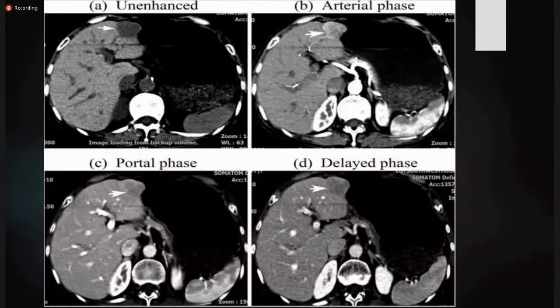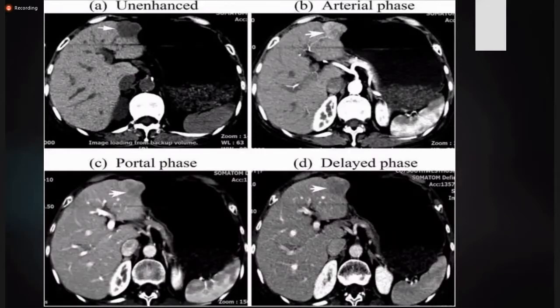As I said, when we want to see the liver or the liver lesions, we go for triphasic CT scan. What is triphasic CT scan? You don't need to, of course, know the details about it, but just to make you understand why we need a triphasic CT for liver. Usually liver lesions show different kinds of enhancement patterns after contrast administration. To differentiate between different kinds of lesions, we need to have these 4 phases of the liver.